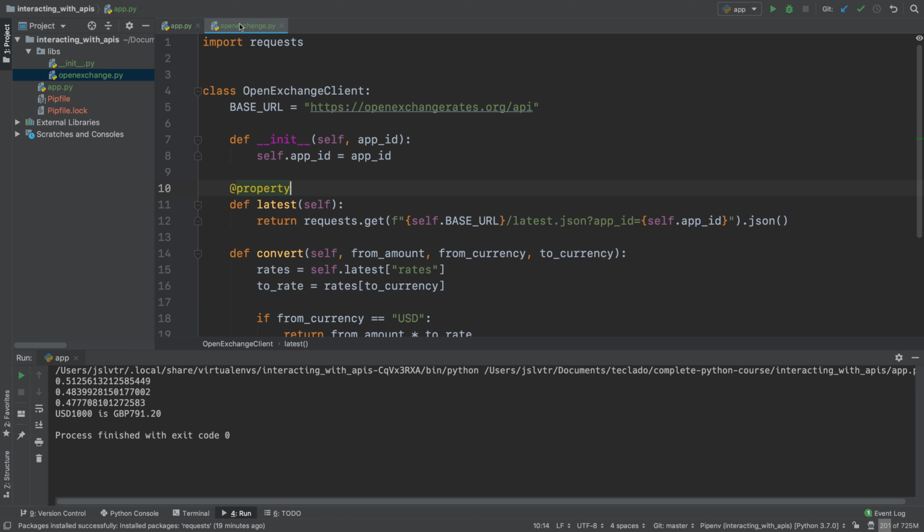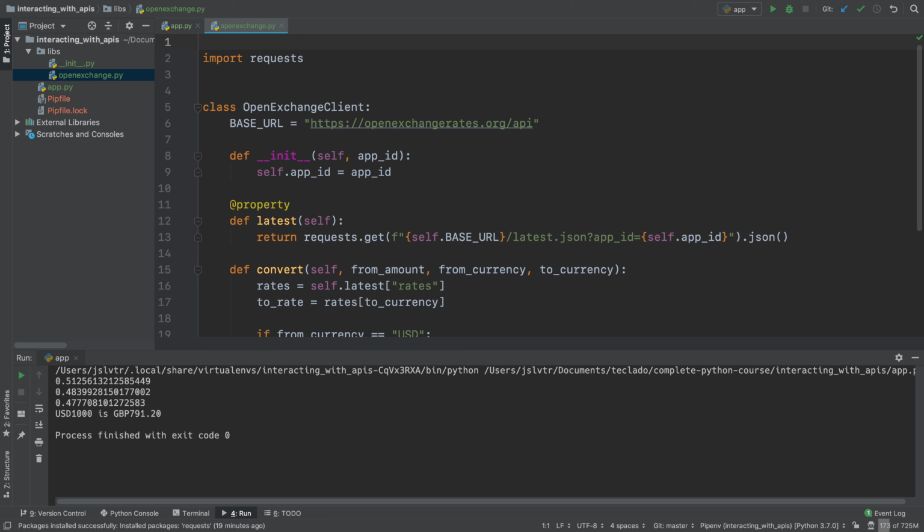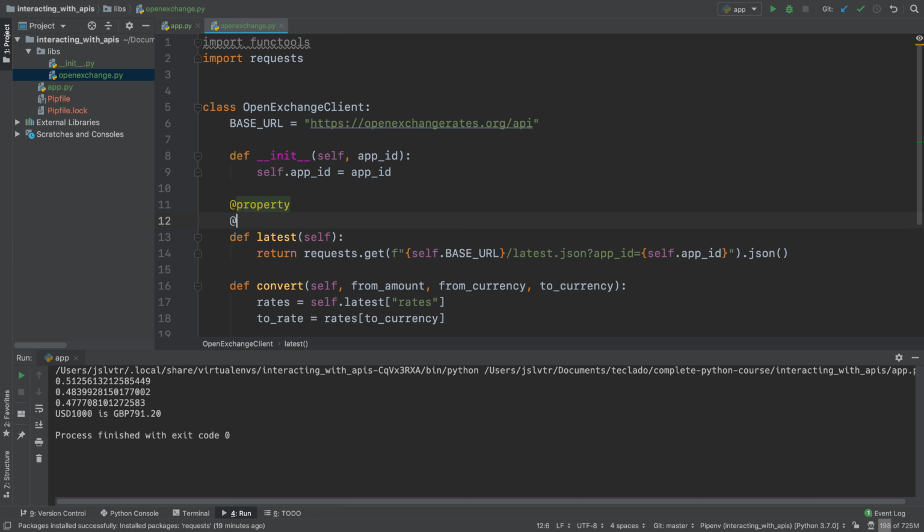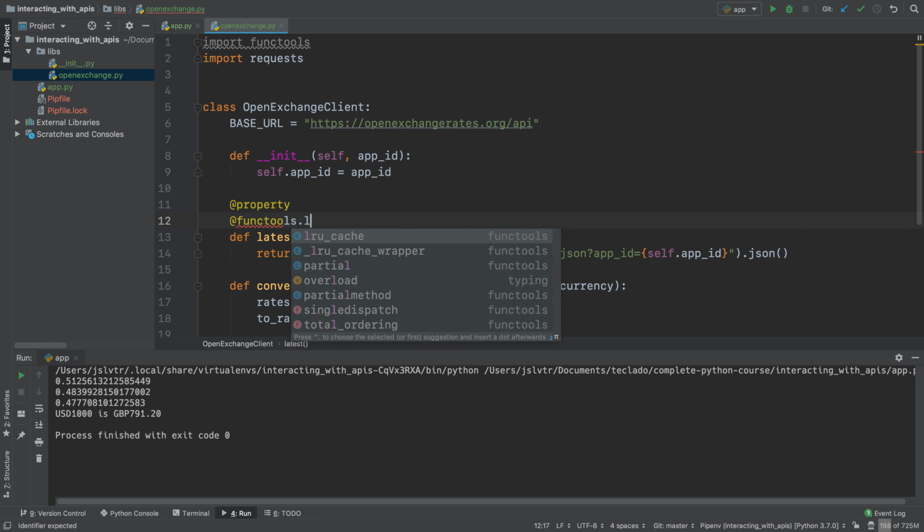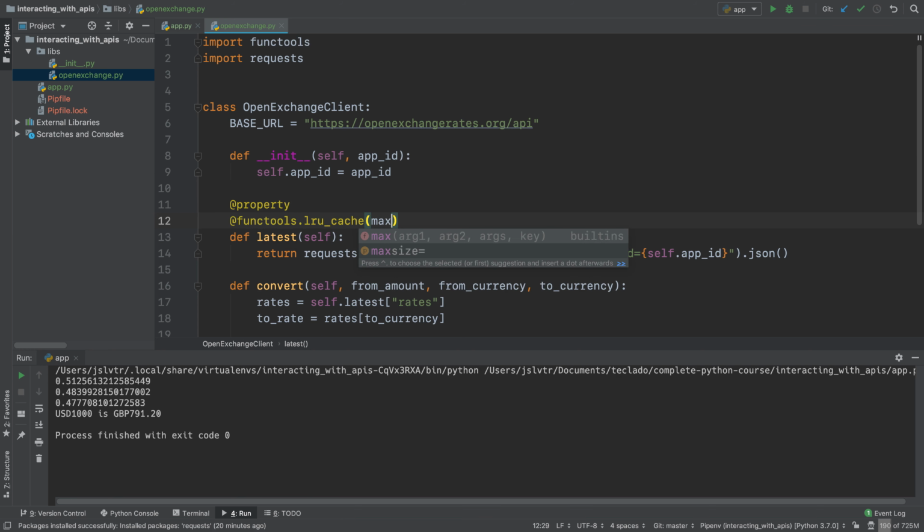So we're going to go over to our OpenExchange file, and we're going to cache this function so that the subsequent times we use it is instant. There is a built-in module in Python called functools that we may have seen before, and the functools module has a functools.lru_cache, and we can define the max size, for example, to be 2. So the LRU cache means least recently used, and the max size is how many elements will stay in the